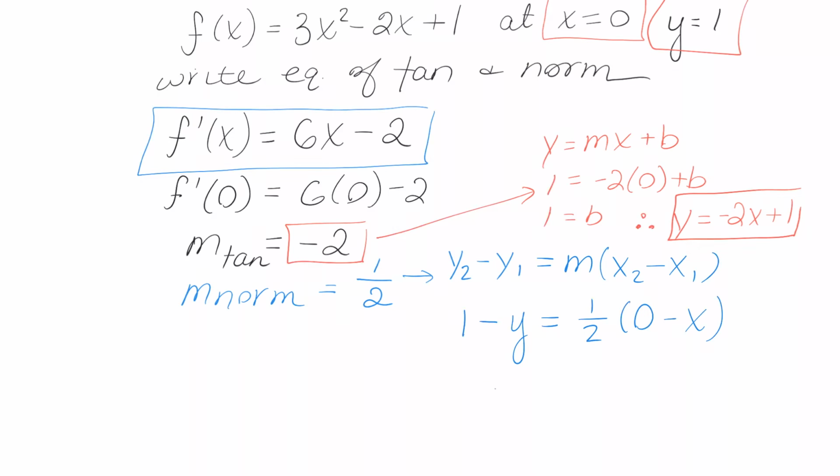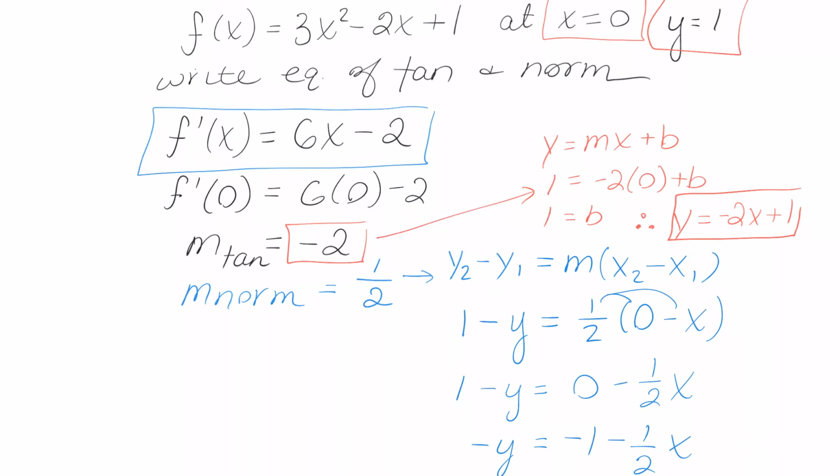So then we have negative y equals, distribute here, 0 minus 1/2 x, which of course if we turn all of that around, ooh, I lost my 1. Okay, so we end up with negative y equals negative 1